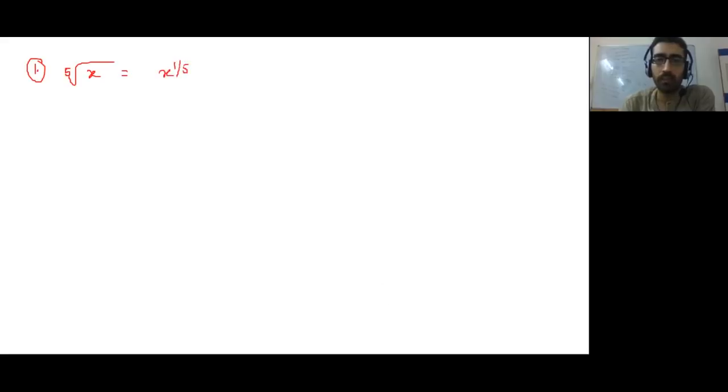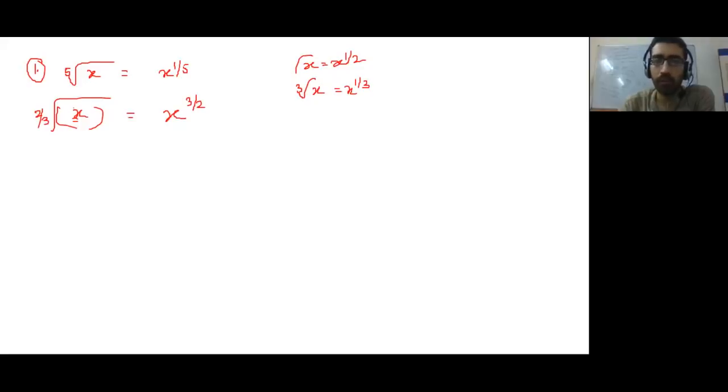So if in our question there is power 2 by 3 and then some quantity, and let's say that quantity is x, whatever the expression is, this actually means x to the power 3 by 2, not 2 by 3. Yeah, 5 becomes 1 by 5, 2 by 3 becomes 3 by 2. I hope this is clear. We always write root x as x to the power 1 by 2, or cube root of x as this. Okay. So the expression x here was 5a to the power 4 minus 13c4.